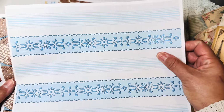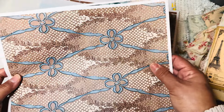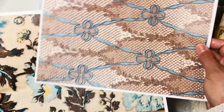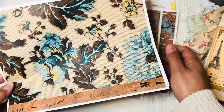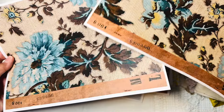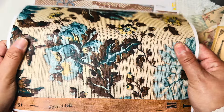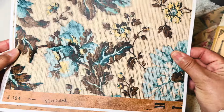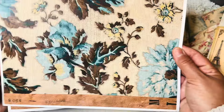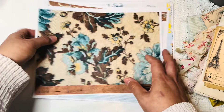And then the same one that was in the pink set is also in blue. And then this one with the blue bows is so pretty. And of course, look at this. This is supposed to be an antique wallpaper, and when you print it out like this on the linen paper, you get that quality that it feels like a wallpaper. And honestly, the colors on it are so much more vibrant. So yeah,